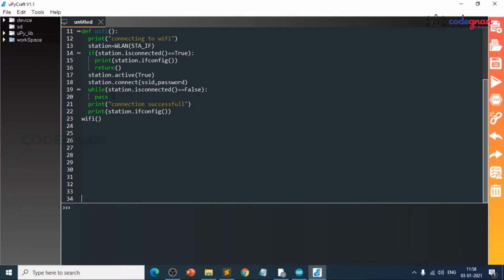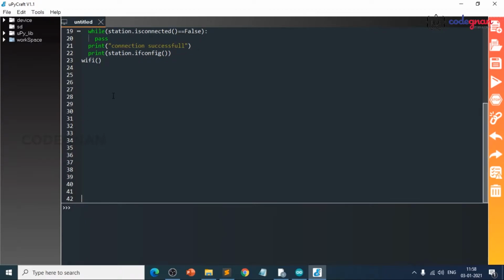Next, I'm going to write for our web page. Now I'll write a function for the web page here. Define web underscore page of.